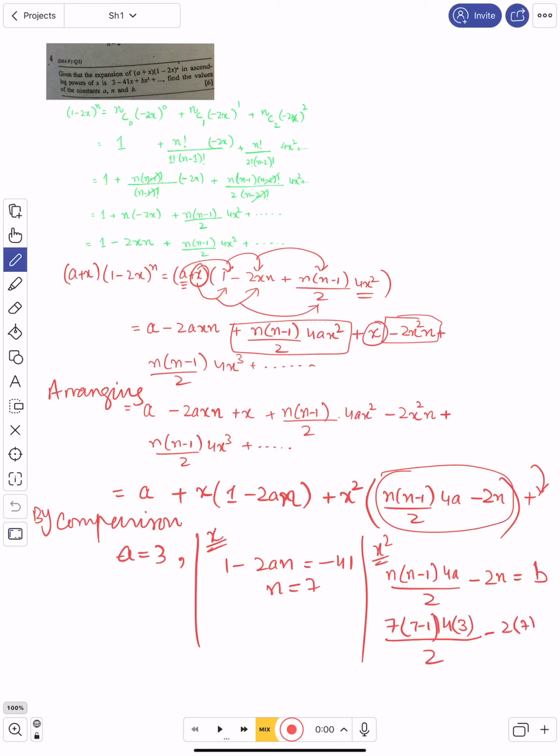So this is going to be 7 multiplied by 6 multiplied by 4 multiplied by 3 over 2 minus 14. So this completely is giving you 238. So you have a value, n value and b value. So hence this question is solved. Alright, I hope if you find any problem, you can just